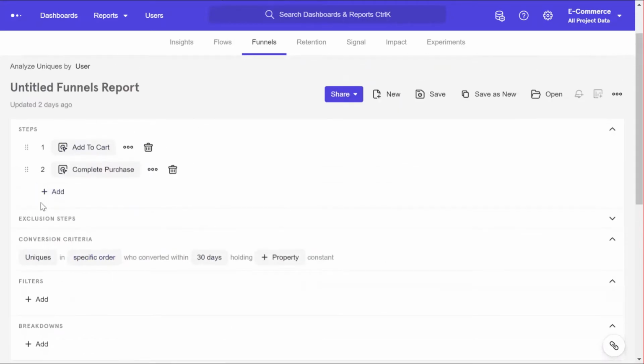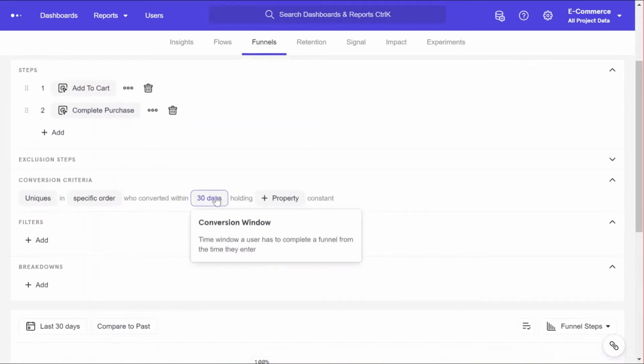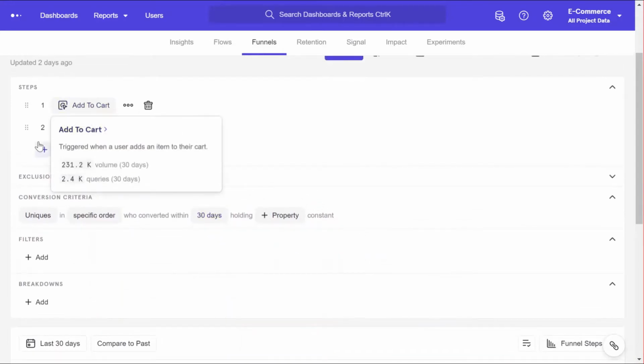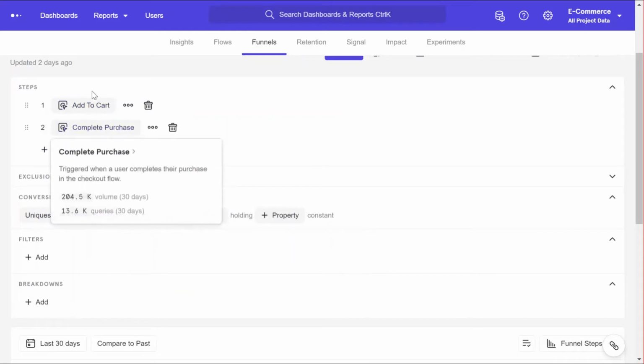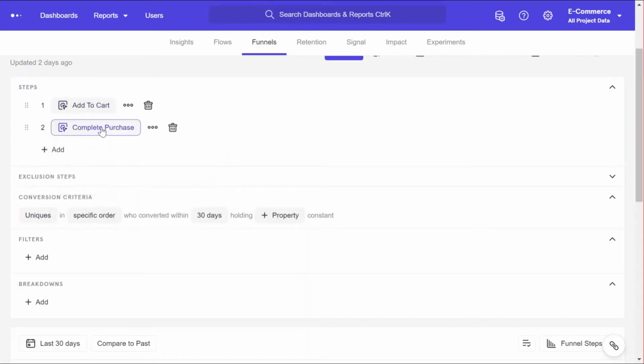You can actually add more events and draw a multi-stage funnel, the kind that we have seen being drawn in some of our earlier episodes. But for the demonstration purpose, I will stick to this two-step funnel. Okay, now one important thing before we see the result of this is the conversion window. Conversion window is essentially the time that you allow between the first and the last steps in any funnel. In this case, there are only two steps, so it is the time between add to cart and complete purchase.